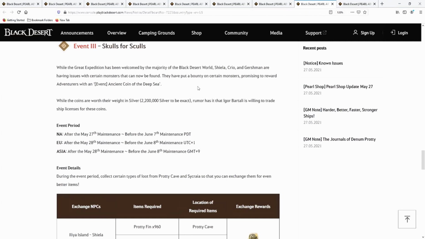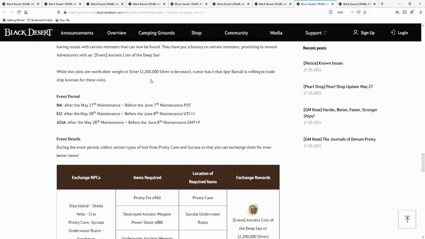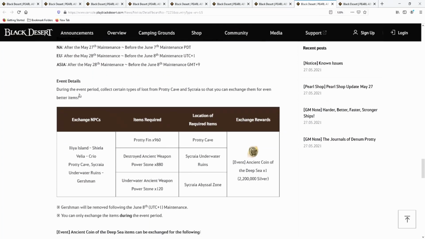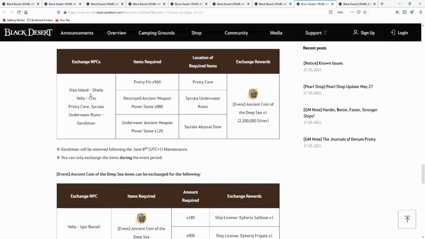They have put a bounty on certain monsters, promising to reward adventurers with ancient coin of the deep sea. While the coins are worth their weight in silver, 2.2 million silver to be exact, rumor has it that Igor Bartali is willing to trade ship licenses for these coins. During the event period, collect certain types of loot from Protty Cave and Sycraia so that you can exchange them for better items. So the exchange NPCs are Sheila, Creo,